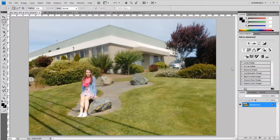In this video, I'm going to show you how to create your Clone Yourself collage. You should have already taken 15 photographs with the tripod set in the same position and you or one of your friends moving around in the landscape to different positions in the foreground, middle ground, and background. So go through your 15 images and pull 4 out that you think will work well together and open them